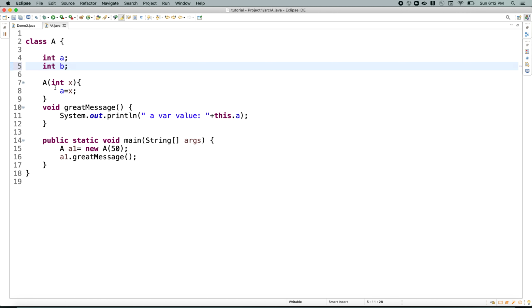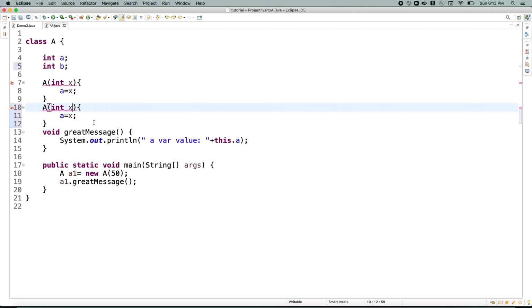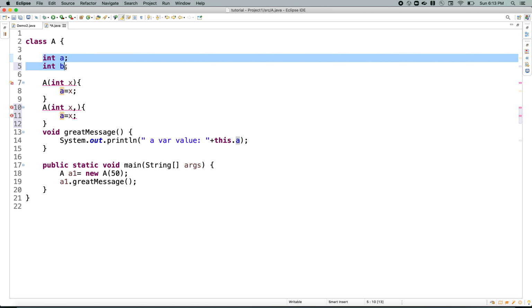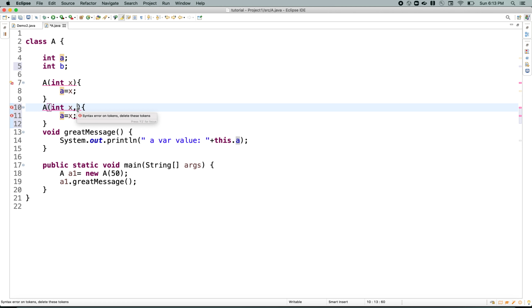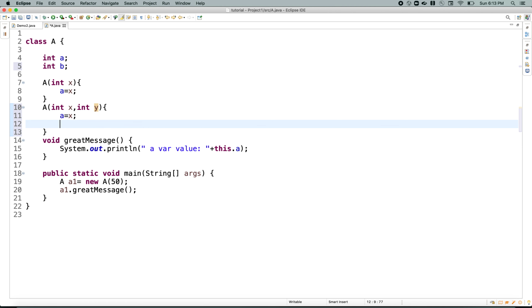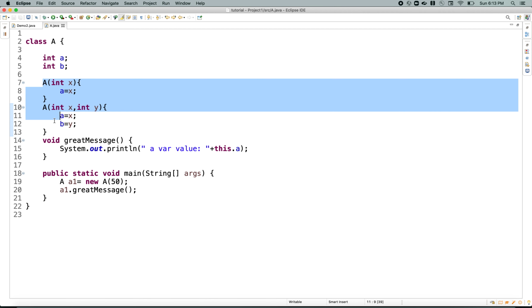Sometimes I have the requirement to initialize only one integer variable whenever the object is created, or I want to initialize two variables whenever the object is created. So it completely depends on my need, right? So I'm just modifying the existing code so that we cover the overloaded constructor topic.